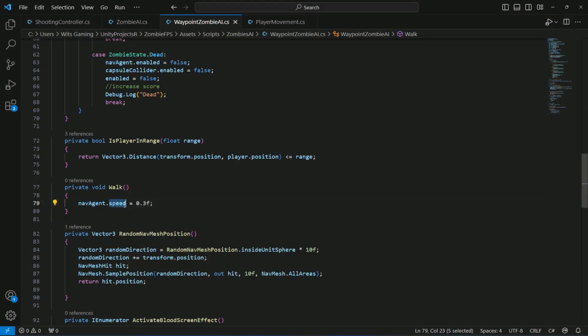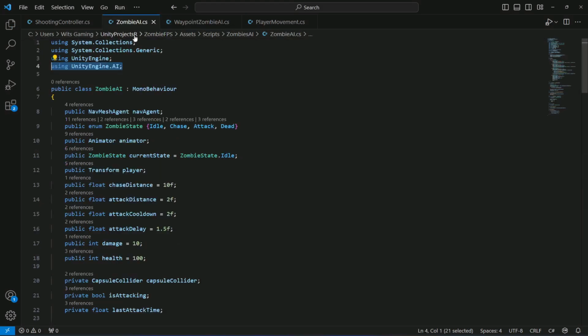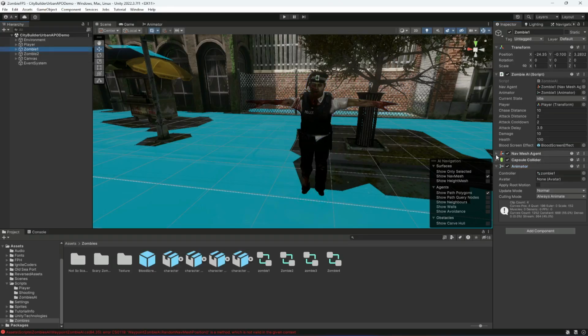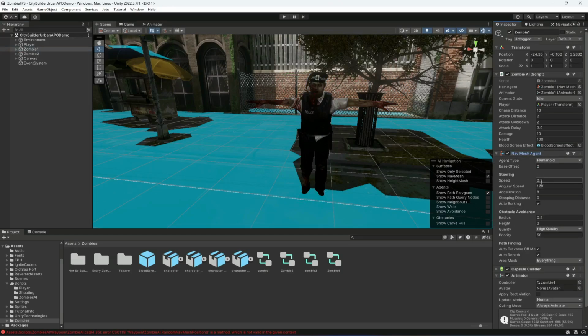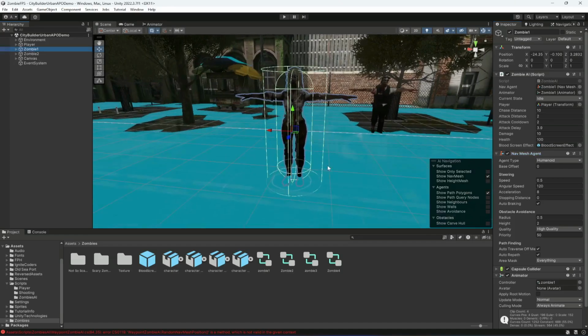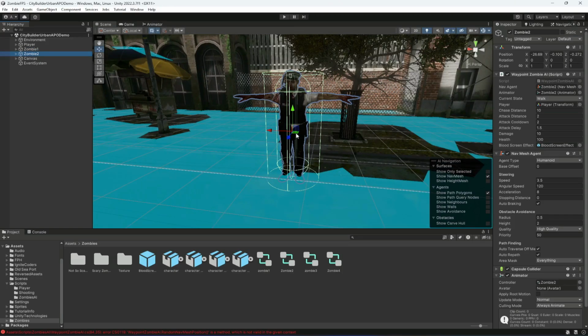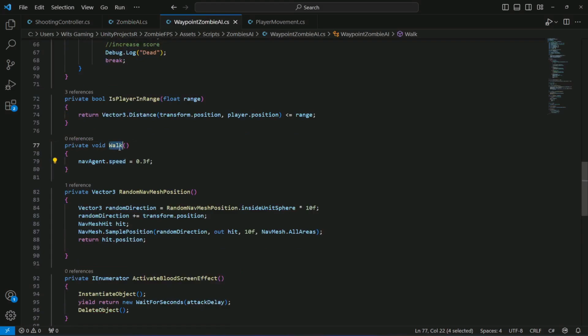And the reason I set the navAgent speed right here is because if you see the last videos of the zombie AI, when we play the game, the zombie speed was fast. So we changed the zombie speed right here manually, because the first zombie just required one speed value, but now we have zombie 2, and zombie 2 will have different speed values. For example, if the zombie is walking, or you can say is patrolling in the waypoints, then the zombie speed will be a little bit slow, but if the zombie is chasing the player, then the zombie speed will be faster. So that is the reason when the zombie is walking in waypoints, we set the zombie speed to 0.3,